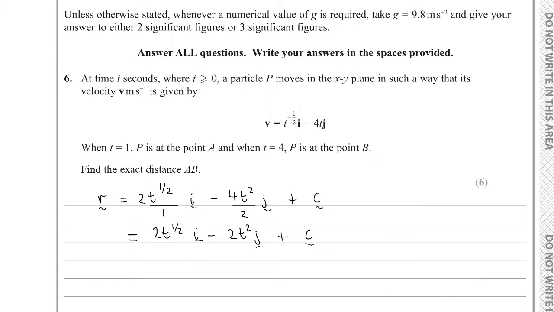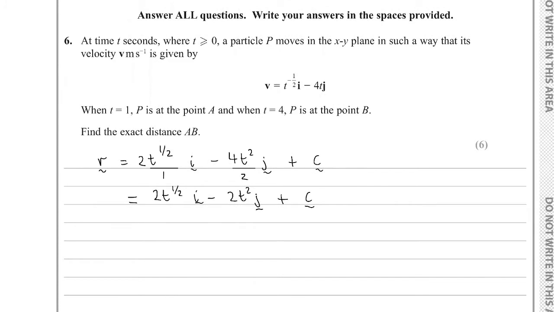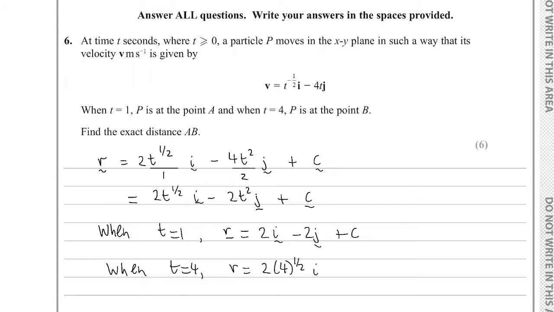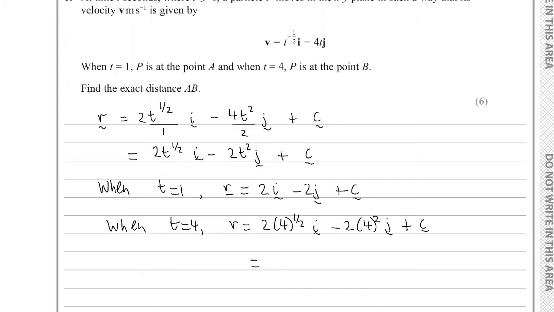When t is 1, I will substitute to get the position vector for point A in terms of the constant of integration, c. It's giving me 2i minus 2j plus c. And when t is 4, you get 2 times 4 to the power of a half i, minus 2 times 4 squared j, plus c again, which is 4i